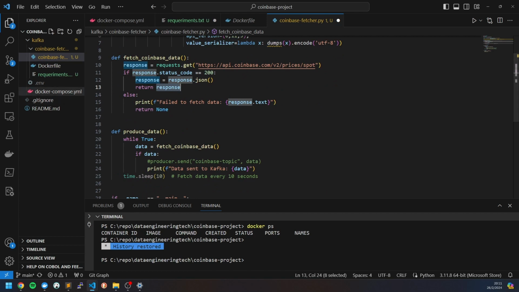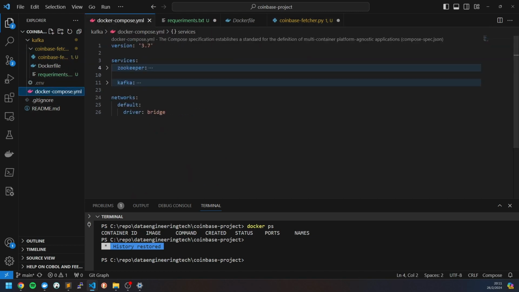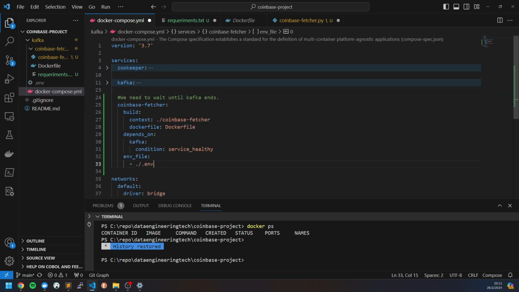Well, we have the code here, and we have the Docker Compose here. But the idea is we need to connect these two things. And for that specific reason, we need to include the third service, the third service called Coinbase Fetcher. We need to build